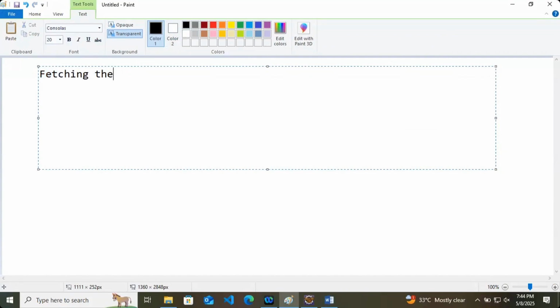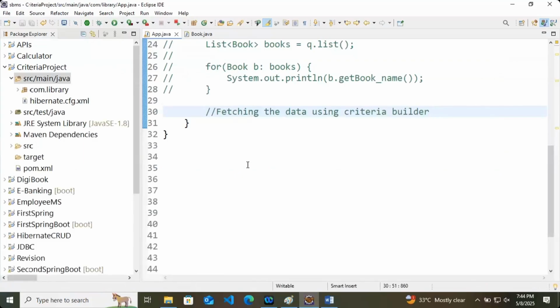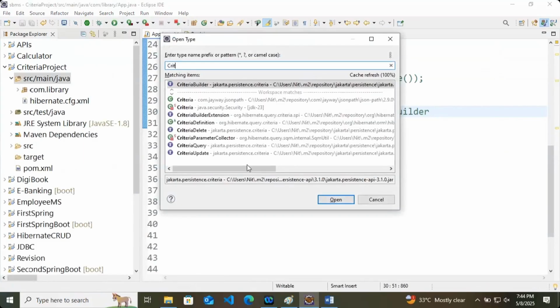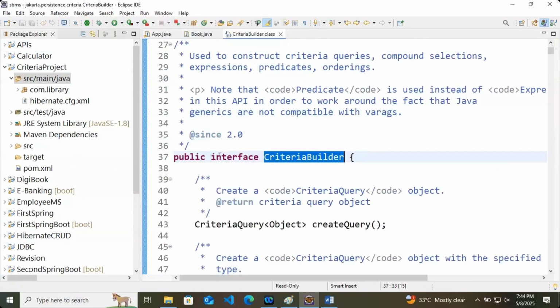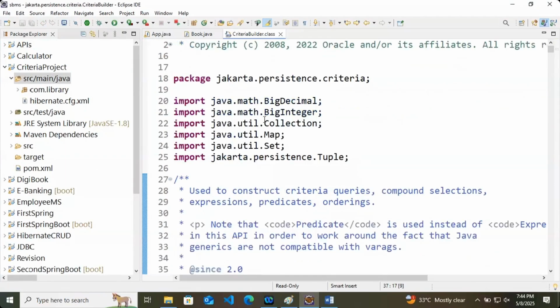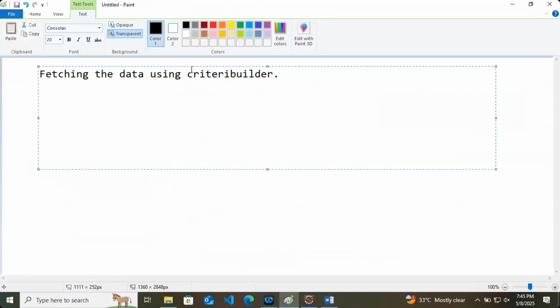The very first thing we should check is, what is this CriteriaBuilder? It is an interface provided by the jakarta.persistence.criteria package. So the very first thing, this CriteriaBuilder is an interface.